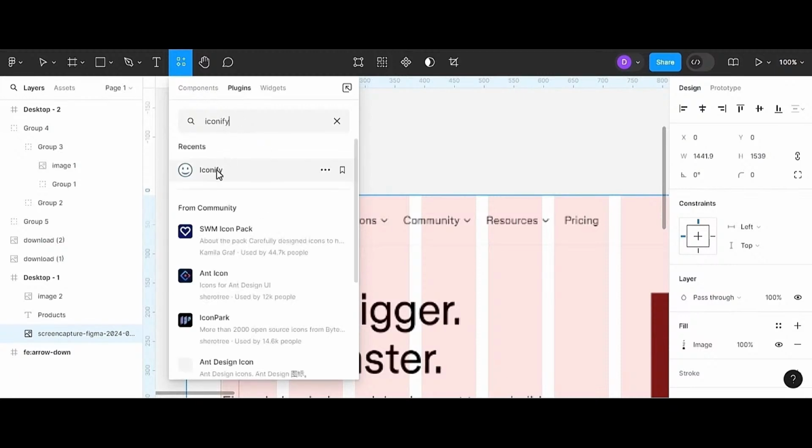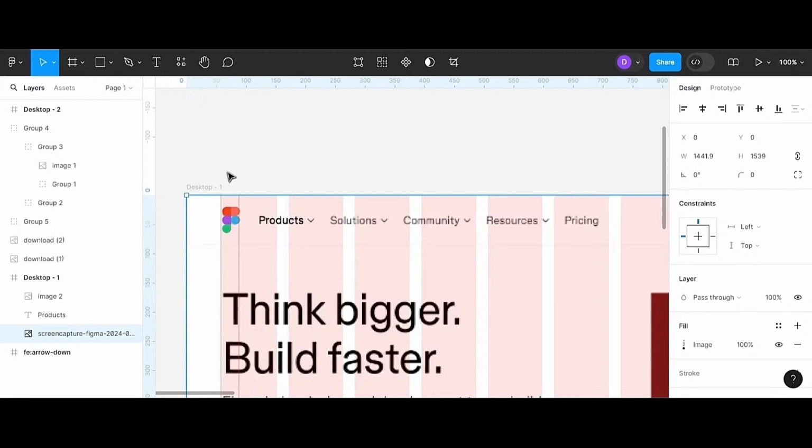and I'll allow it to load. It's going to search and it will come up with the plugin. Now I have this plugin already installed. If you don't have the plugin, it's going to give you this option to run the plugin. So I'm going to open the plugin because I already have the plugin in Figma installed. So I'm going to click on the plugin,